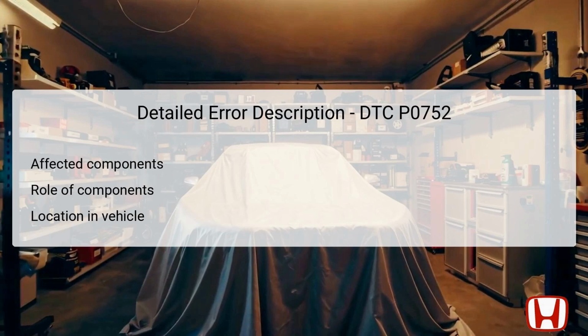The primary affected component for DTC P0752 is the shift solenoid valve A. This solenoid is responsible for directing hydraulic pressure to the clutch, facilitating smooth gear shifts in the automatic transmission. It operates under the guidance of the PCM, which monitors various vehicle parameters to determine the appropriate gear position and pressure required. The shift solenoid valve A is situated on the transmission housing, making it a key element for effective